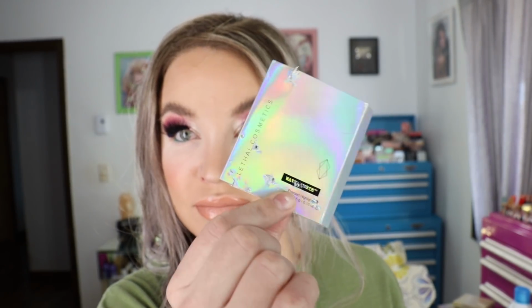I'm Saturday hauling for you guys today, and I'm going to start off with a highlighter that I forgot to haul last week, and that is from Lethal Cosmetics. I ordered it off of Camera Ready Cosmetics when I got that other eyeshadow palette, and that is the Isotope shade. So these are traditional powder highlighters, and they come with a little sleeve that somebody, one of the cats, got a hold of. It comes in holographic cardboard style packaging, and this is made in Germany,